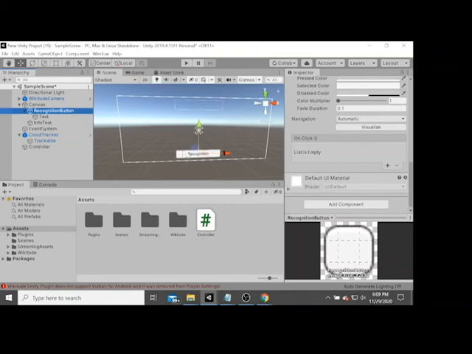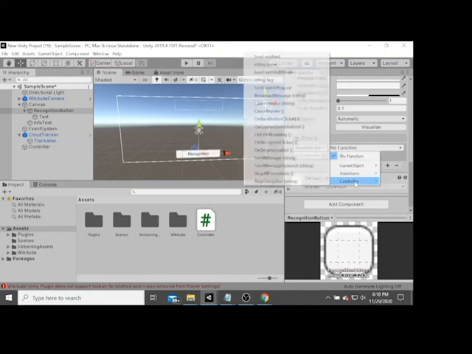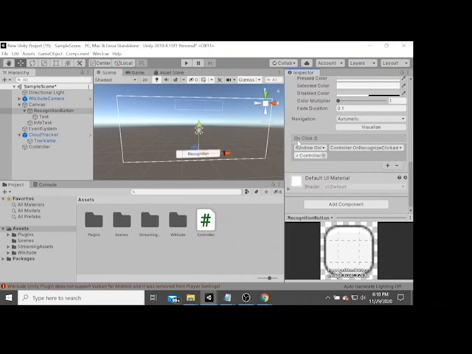So in order to add the function inside the recognition, you need to add on click a function here. Right click, select the controller and drag here, and then you can choose controller on recognition click function.